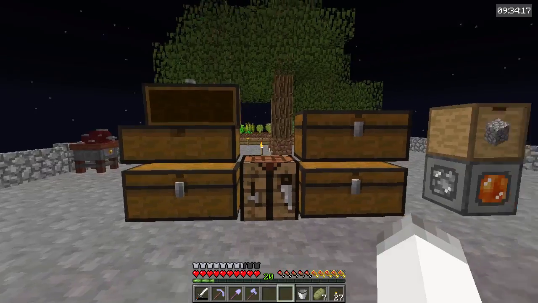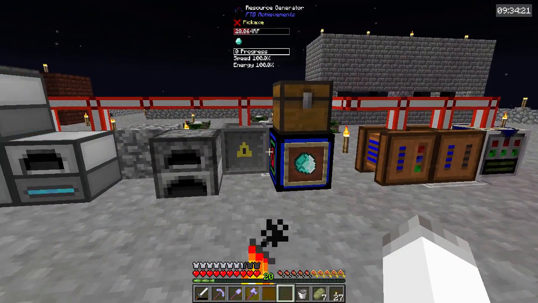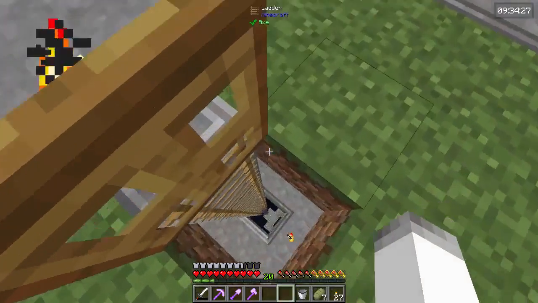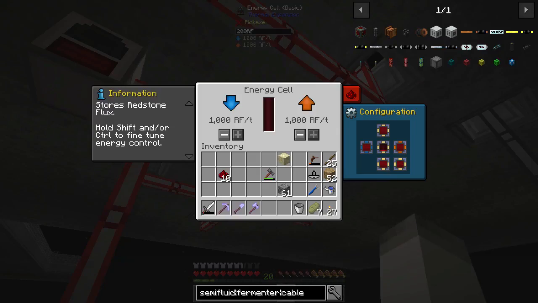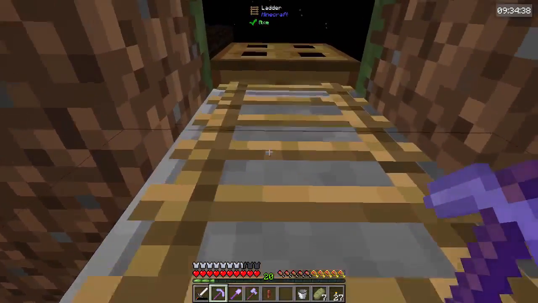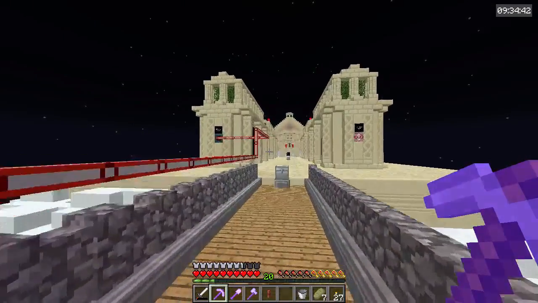So 10 redstone, we're gonna want 8 diamonds, and this is very slow. Why are we running out of power? Yeah, it can't keep up. So let's break this. And we're going to cut power supply off of the turn-in, and